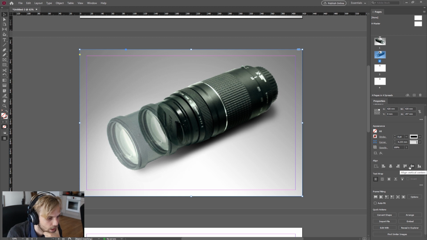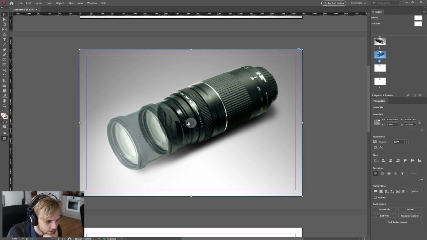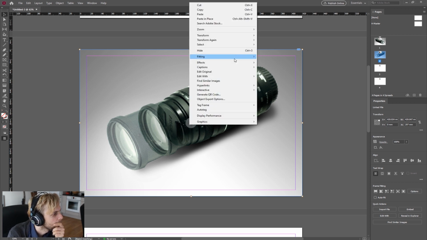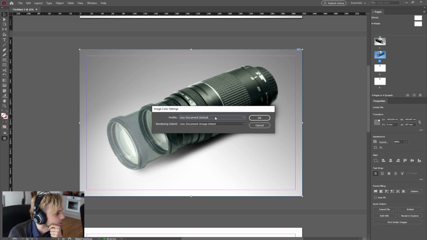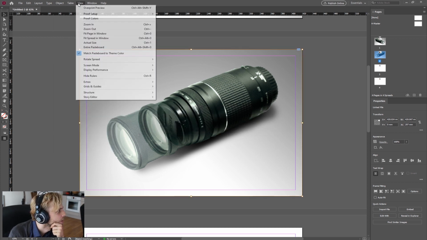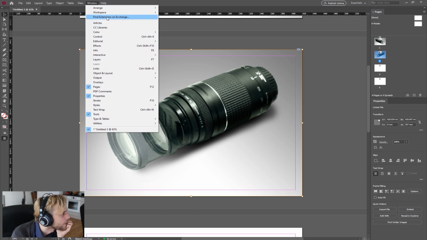figuring out how to fix the blending. Effects, fitting, captions, edit original, edit with. It's not here. Is it under object? Clipping path, image color settings. Image color settings? No, it's not that. There should be something. Okay, let's see, under